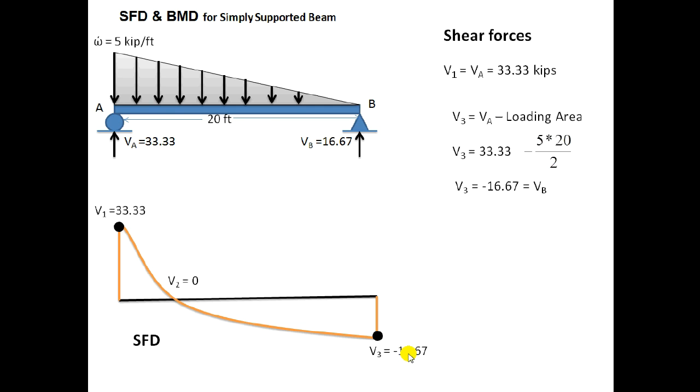How is the curve drawn? This I will explain to you now. The slope of the SFD, that is dy/dx, is equal to the load. Load is decreasing from left to right. As we move from left to right, from A to B, load is decreasing. So the slope of the SFD will also decrease. This is the mechanism, simple. This slope is decreasing. How it is decreasing, I will explain to you now.